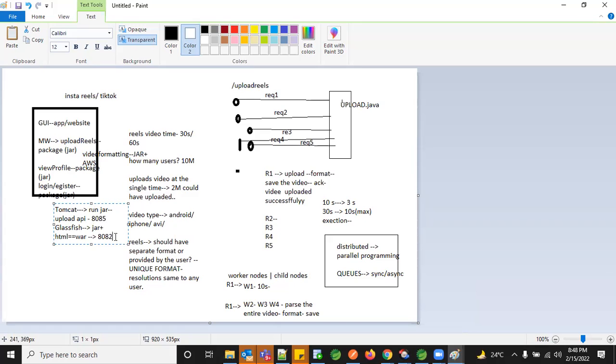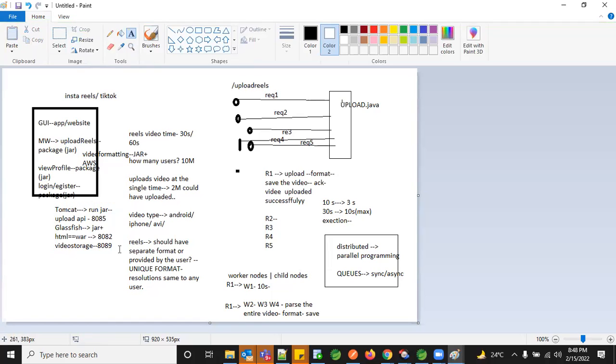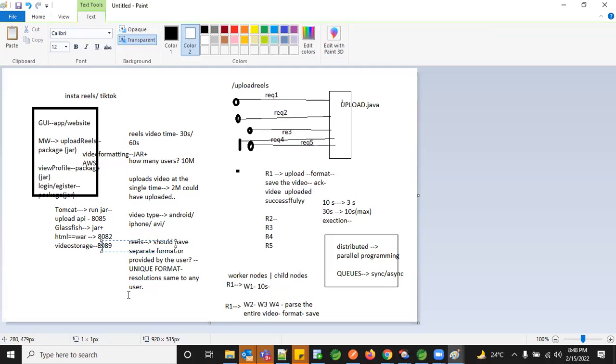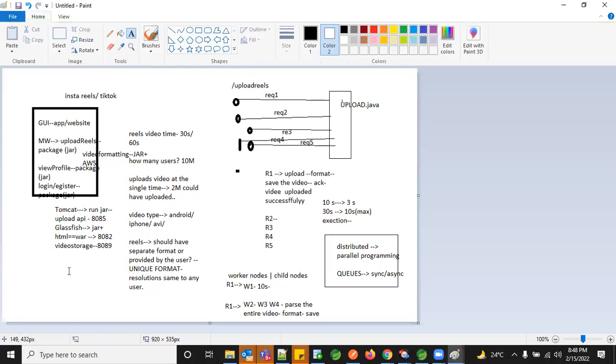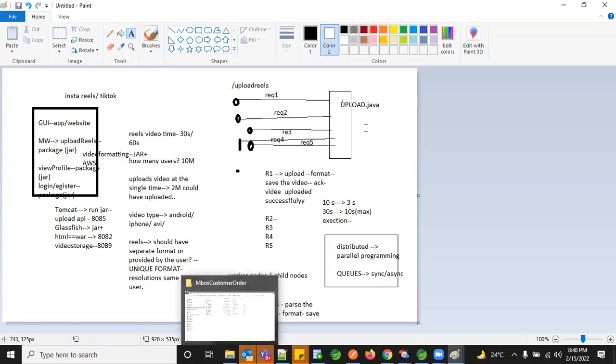Okay, now you have something say video storage API. This is actually a place where you're connecting from your upload reels API, and this is running in say 8089. So what happened in a similar platform, the three applications are running together, but this is a jar, this is a war, and this is again a jar. So when you combine together everything, this is called as EAR, which is Enterprise Archive. Which can have n number of wars, n number of jars, n number of DB related things, everything together, clustered together in a distributed environment, and launched is called as Enterprise Archive.